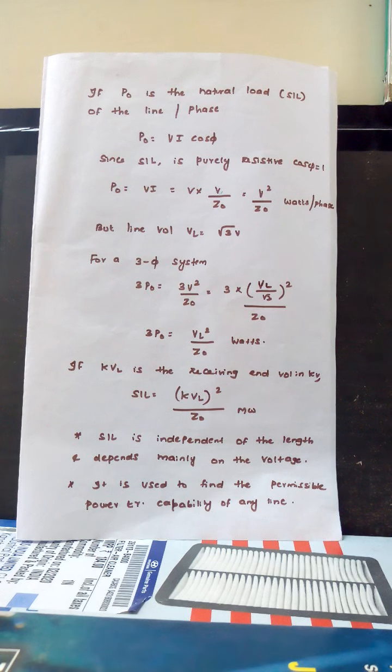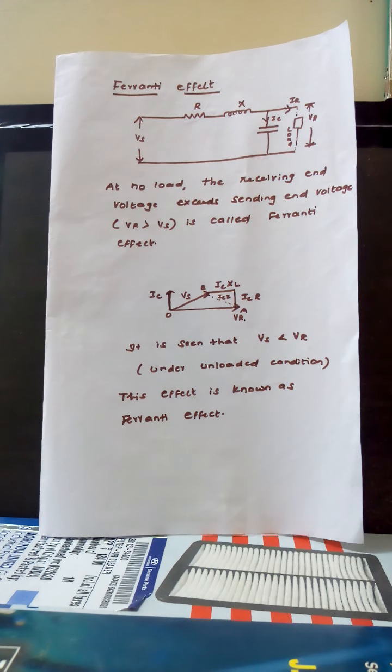If we consider the line with line loss, the supply voltage Vs will be greater than VR. If there are no line losses, balancing the two reactive components, the line becomes a lossless line, and Vs will be equal to VR. That is nothing but a flat voltage profile. This is the power delivered by a line to a purely resistive load, that is the surge impedance. Surge impedance loading is mainly used to predict the maximum loading capacity of the transmission line. Next one is the Ferranti effect.